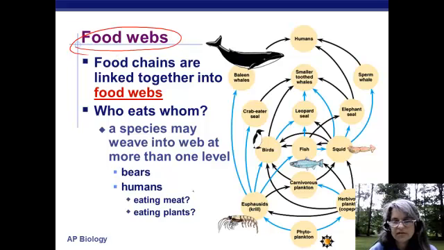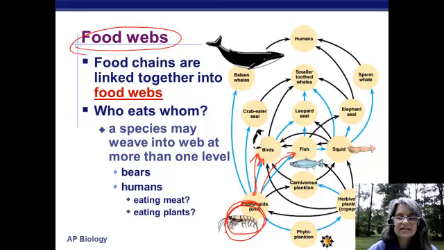You can see that if we look at these arrows, by the way, the arrows show that this guy, for example, is getting eaten by penguins, but he's also getting eaten by fish. So the head of the arrow shows who's doing the eating. This end of the arrow shows who's getting eaten. And you can see these krill are entering into this food web in many, many positions. Many things are eating them, and so on. And while this penguin is eating the krill, it can also get eaten by a whale, and so on.